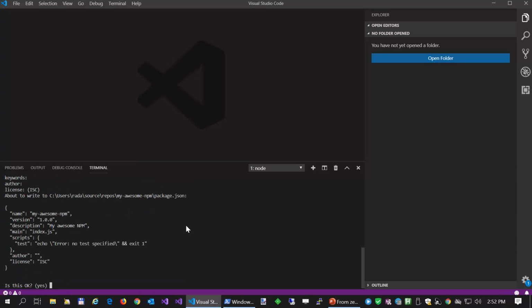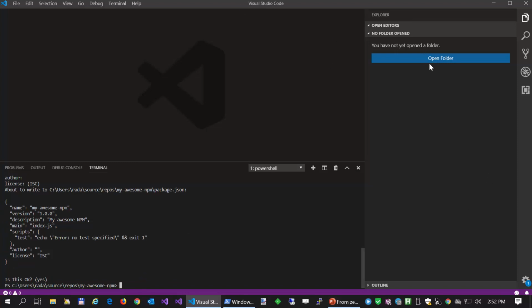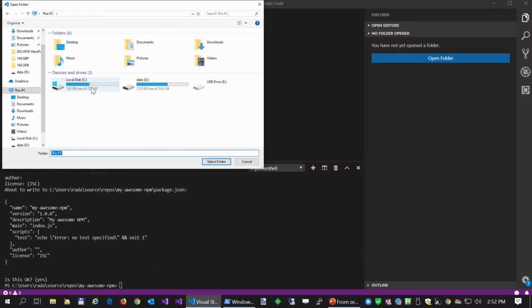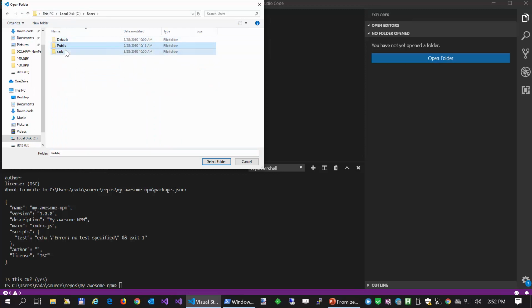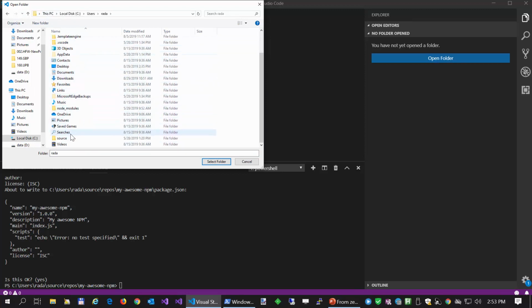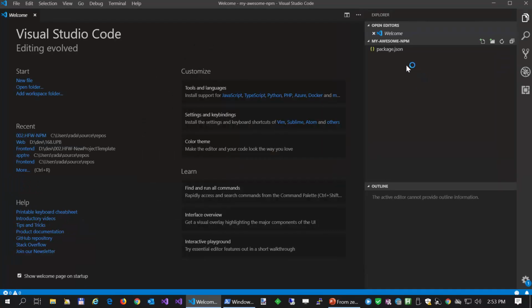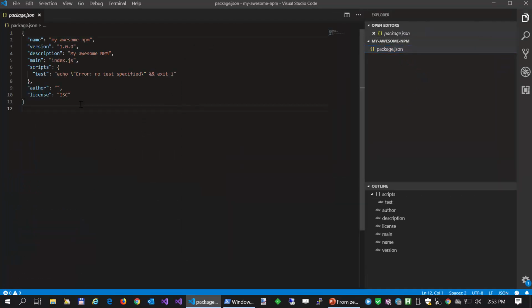And this command will generate for me a package.json file, and inside it will be this content. It will be inside the package.json file, as we can see. And I open my folder. As you can see here, it generated my package.json file,